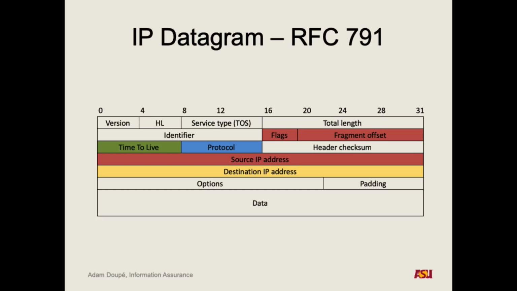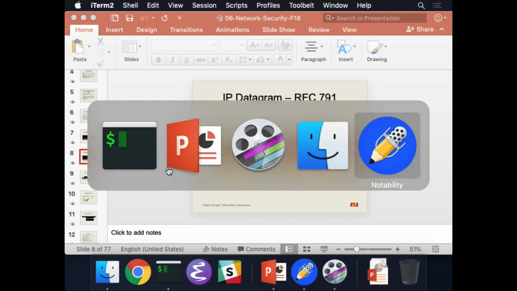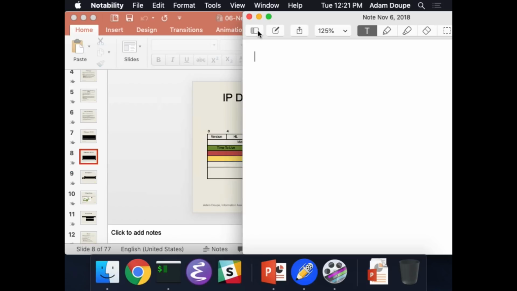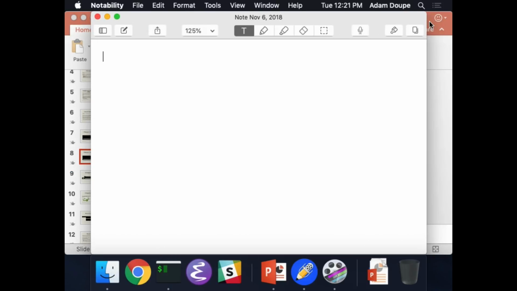Cool. So what's going to happen to this IP datagram packet? When this gets sent, we talked for a bit about our good friend. Here we go. Okay. So we talked about